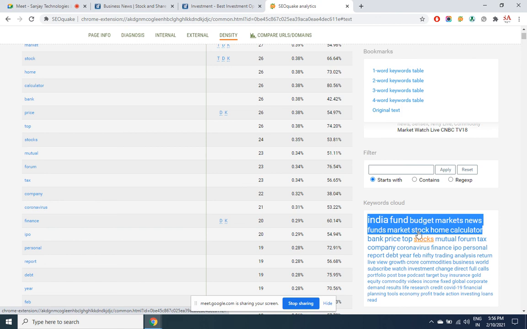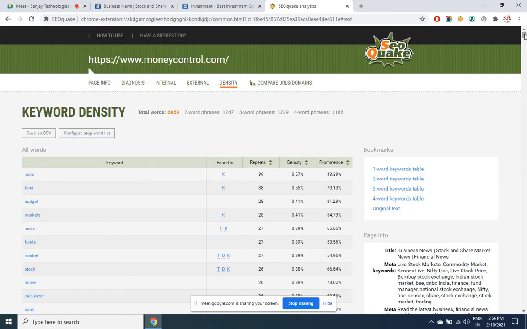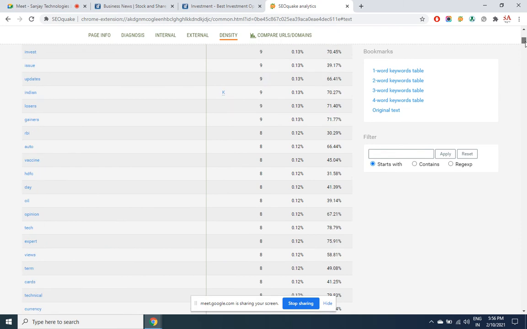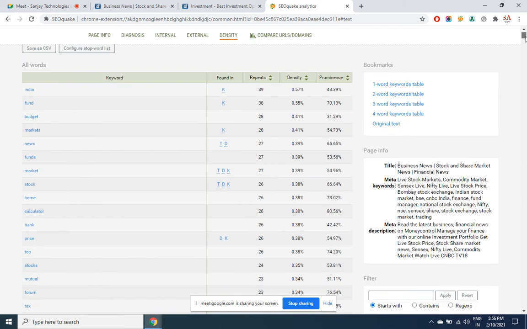Now, what keyword density is good, sir? Is 1% good, 2% good, 3% good? Nothing as such. Open the top 10 results in Google. The one who has got the highest keyword density, you must have 0.1% more than him. That is the best keyword density. So the number you have to compare with the top 10 rankers for the search engine. And always make sure that T, D, K, H1, all these 4 options are there for your keyword. There is T, D, K, even H1 is also here.